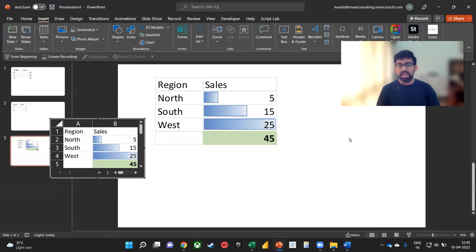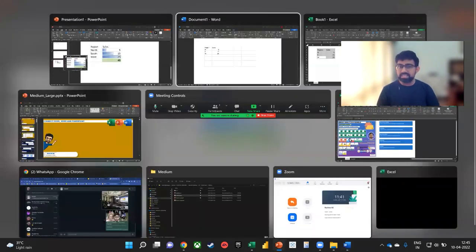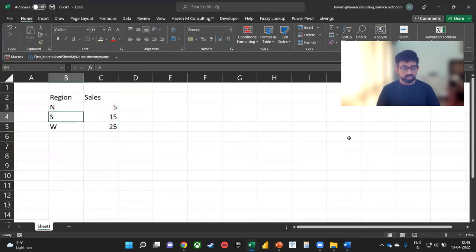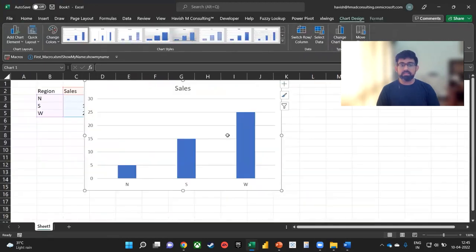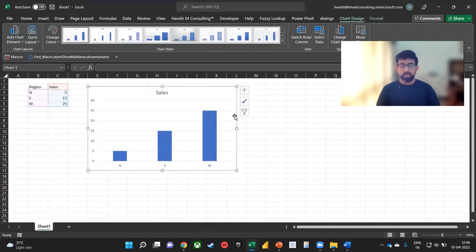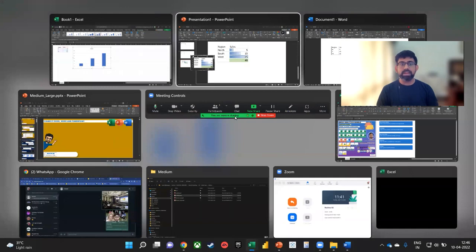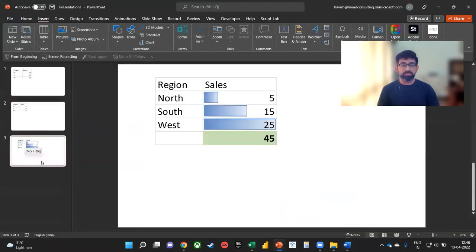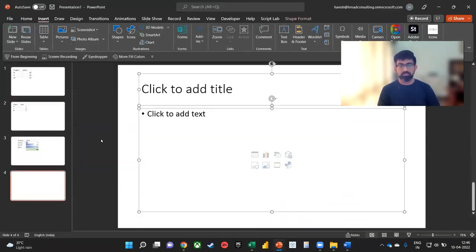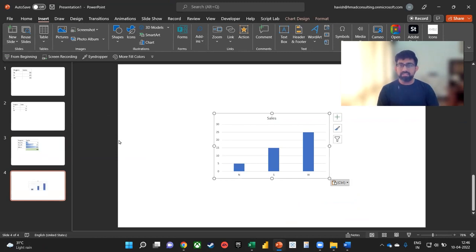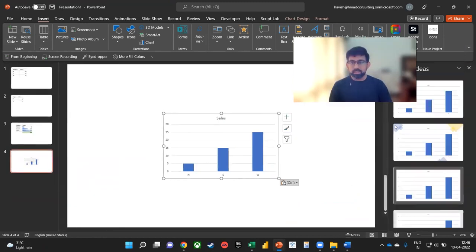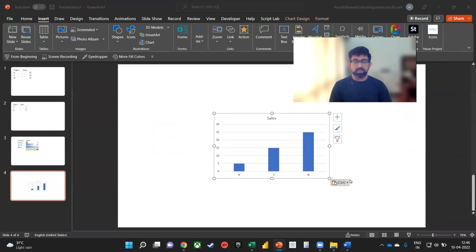Let us also look at how charts work. Charts are actually easier to work with. So I'm just going to make a simple column chart here. We will press Control C. We go back to PowerPoint. You do a Control V. And on this, you can see that we have the option for